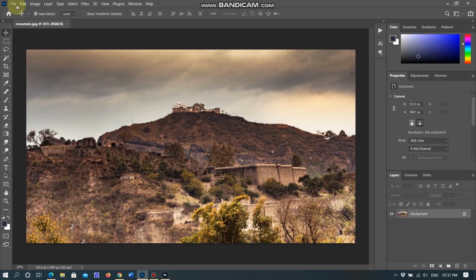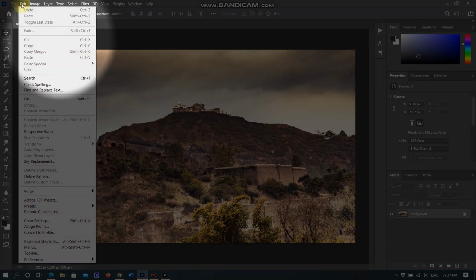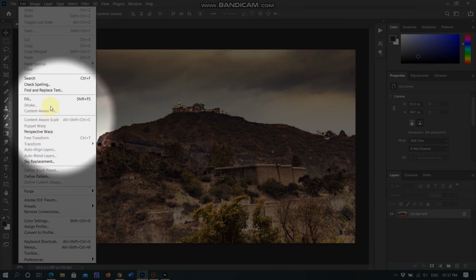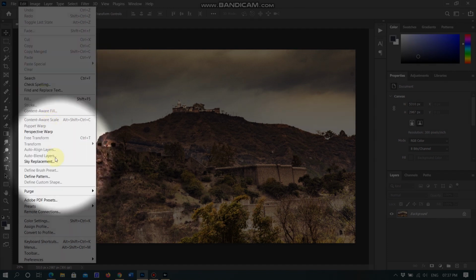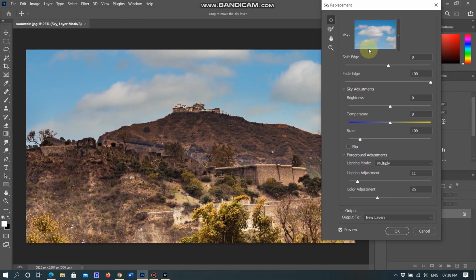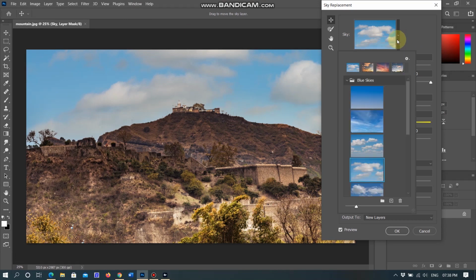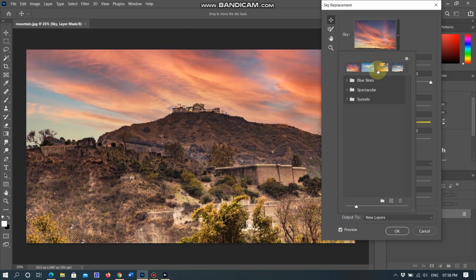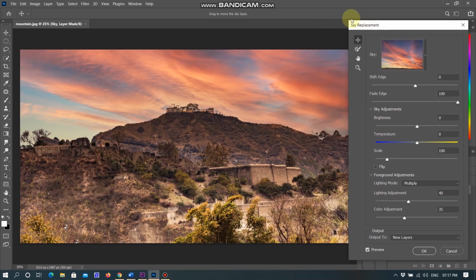I have tested cool and warm skies both. Results are amazing. Now I am opening another picture of a landscape with mountains and a temple. Its selection is a little difficult, but results are amazing. Sky replaced perfectly. Now I am replacing it with another sunset sky. It replaced very well. Here are many options where you can adjust further settings.